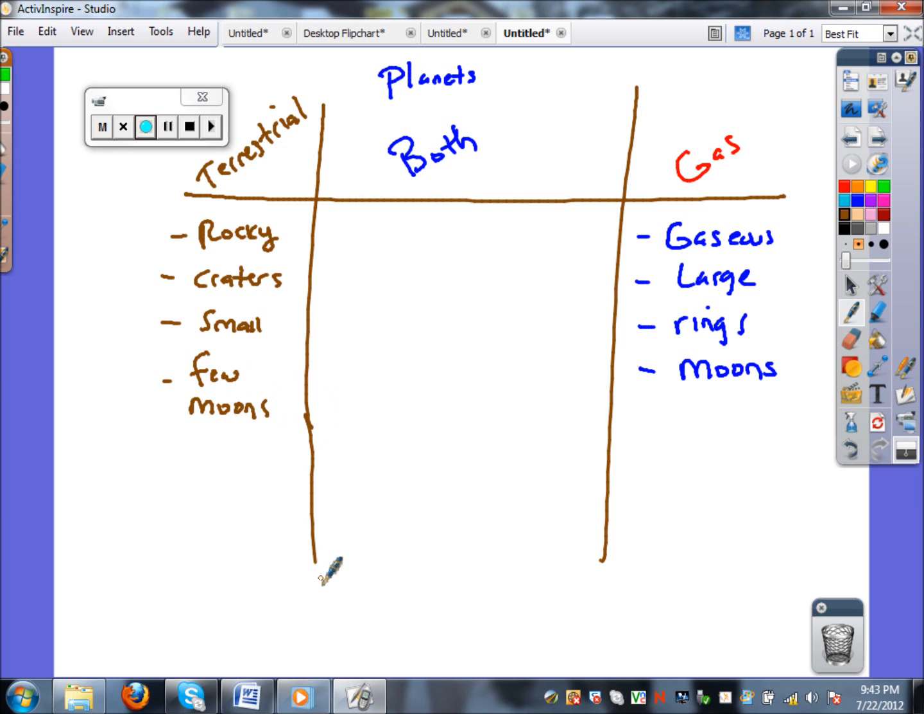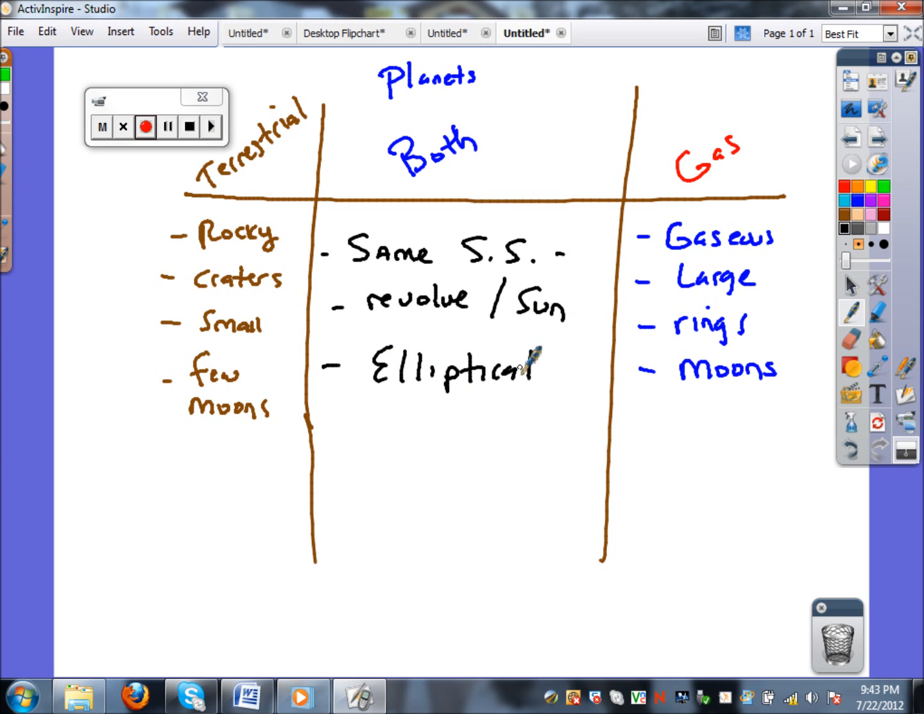And then we have what they both have. Just make it black. So they're all in the same solar system. They all revolve around the sun. They all have elliptical orbits, and they all have a core. Okay, so that's two examples of Venn diagrams. Try one